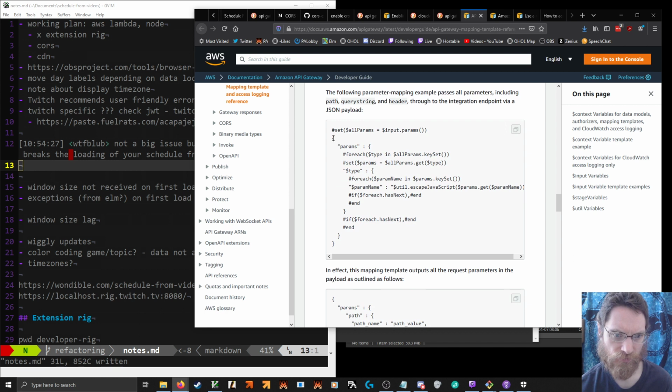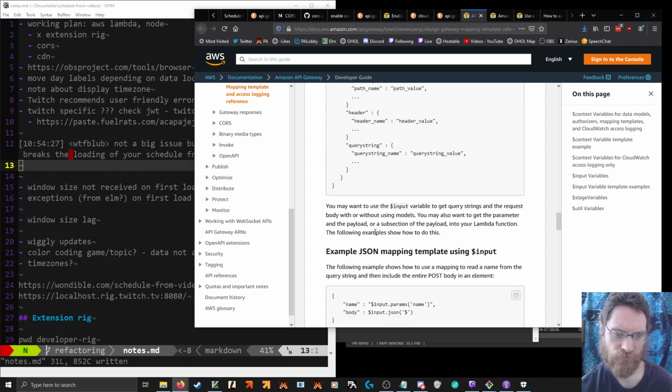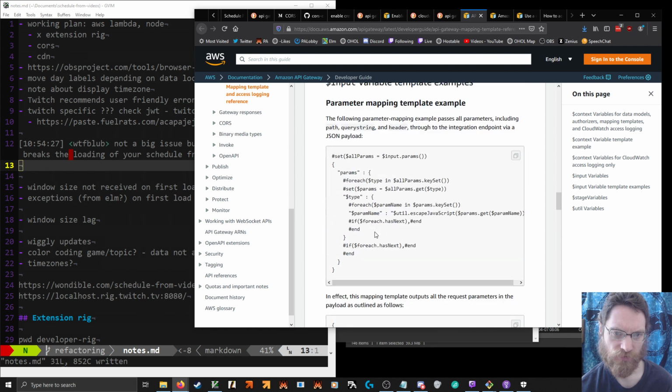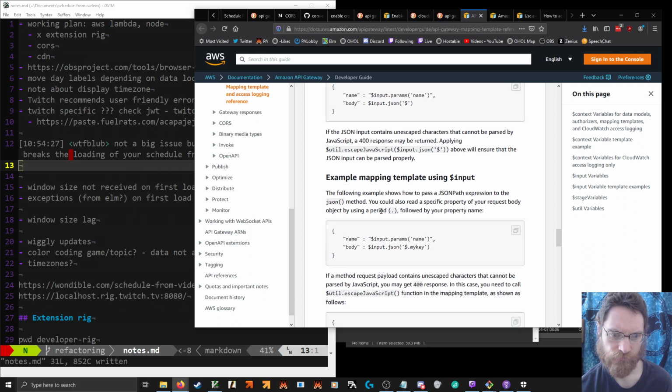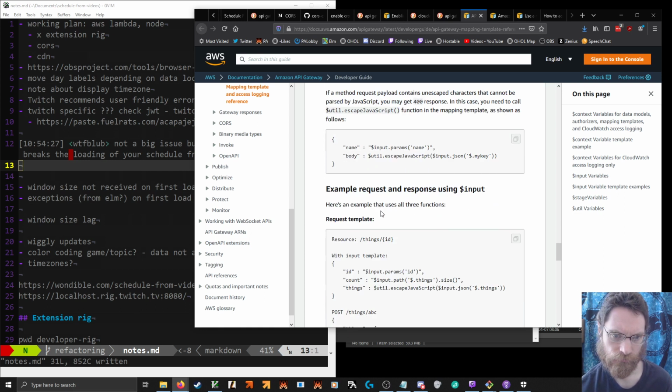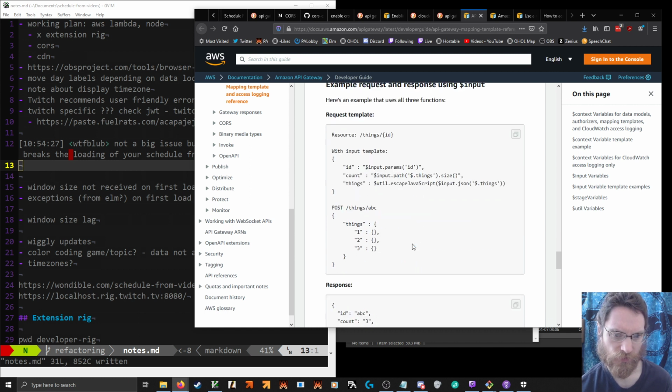Maybe I need more stuff down here? Because that seems to be valid. Well, if the header thing is valid. I mean, maybe I still have to have a standard mapping template down here.